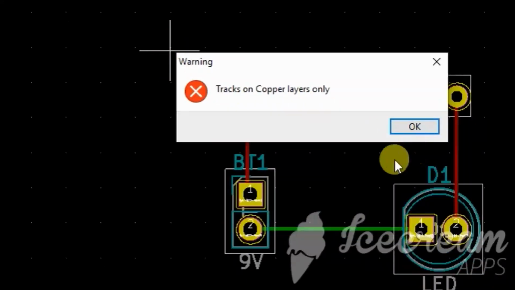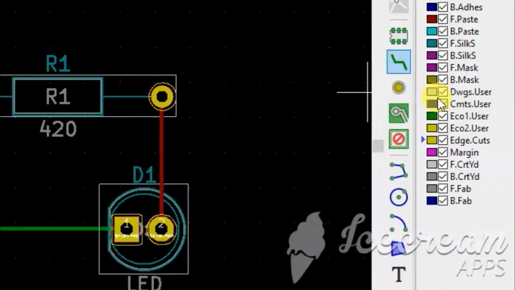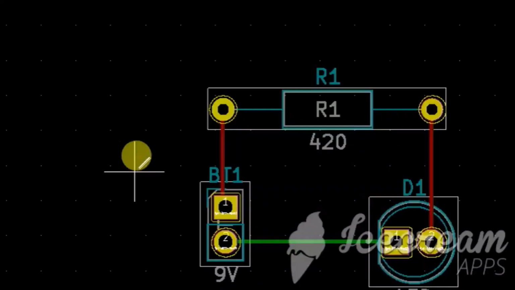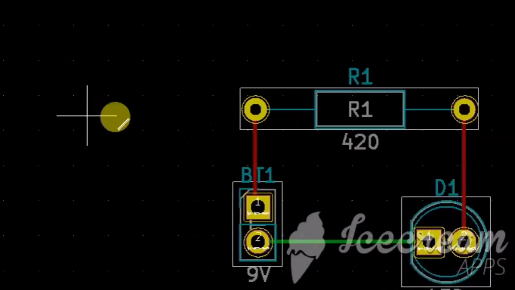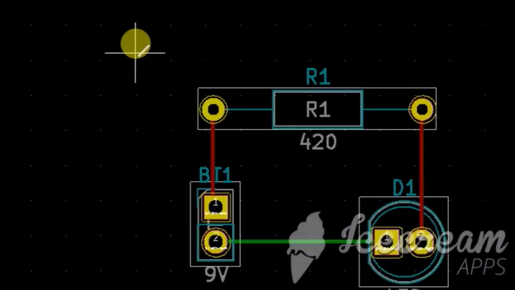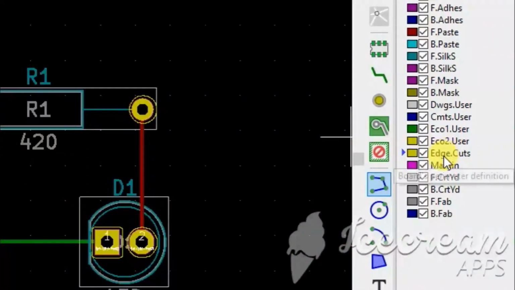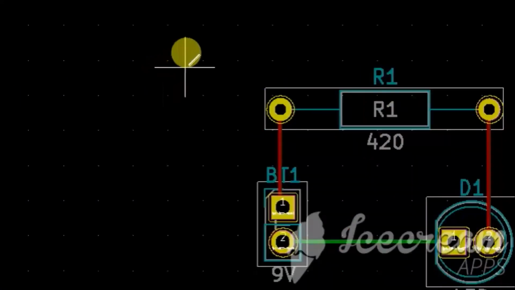This warning is: tracks on copper layer only. You're drawing on this layer. You choose the graphic line tool, so this warning is not shown. Click, select Edge Cuts and draw your edge cuts. I am drawing my edge cuts.